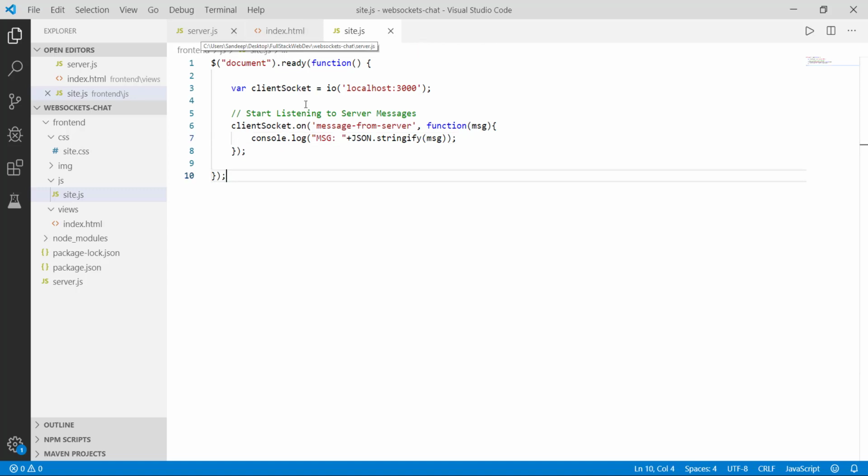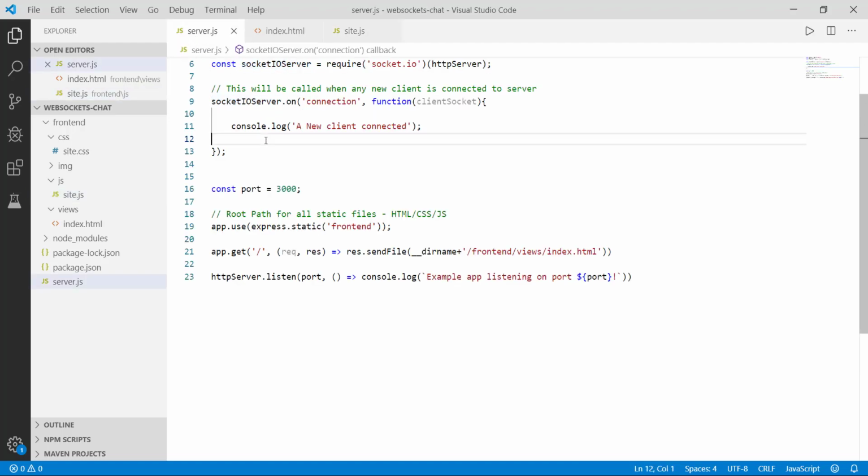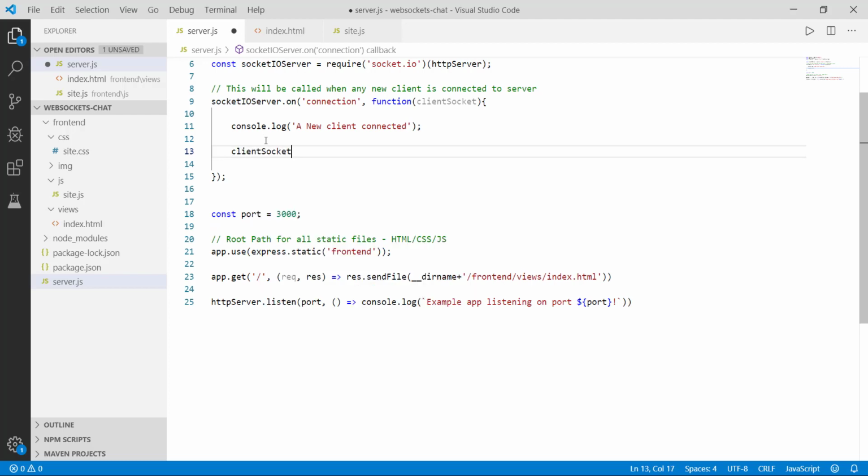Now let's change something on the server side also, so that the server sends this message. Now whenever a client connects to the server, let's do one thing. Let's say client socket dot emit. So emit is a function that is used to send messages. This is the message the server will send, and this will be a JSON object. Here we can define any structure for our message: type colon, we can say, welcome to server, welcome to WebSockets. Okay, so whenever a client connects, the client will get a message from the server, and the server will log a line